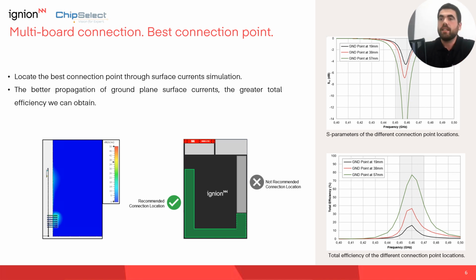So here we can see how the location of this array of pins makes an impact on the performance. As I said, it is very important to locate the best connection point through surface current simulations. This is our electromagnetic simulator with the setup I mentioned before, and we can see how the surface current connects the communication board and navigates through the array of pins and goes to the main board. We can see the surface currents level